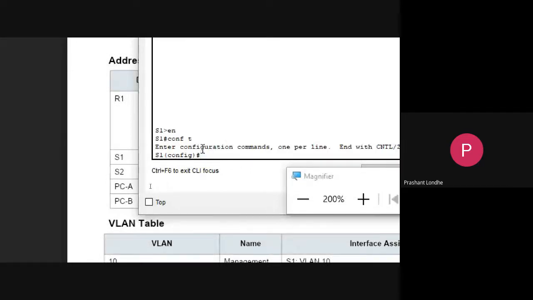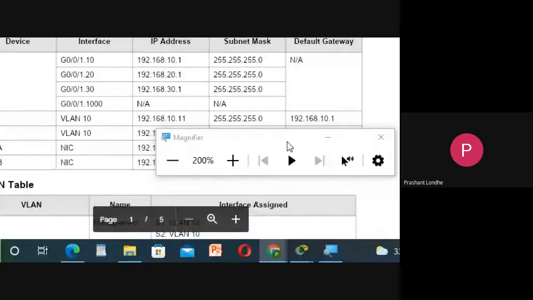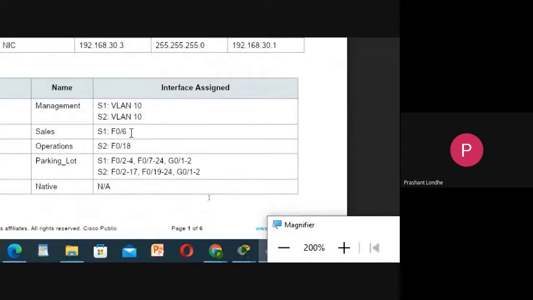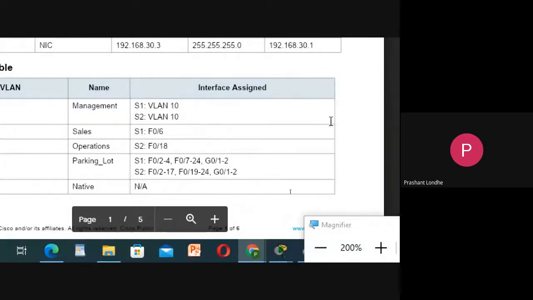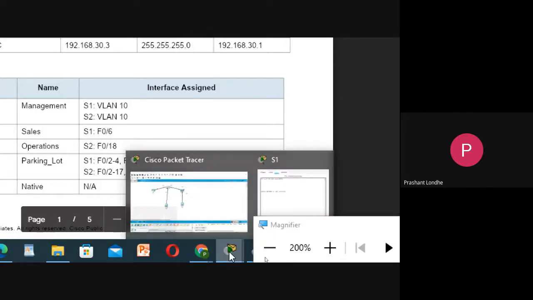Now what I am supposed to do is set the range of the ports. You can see I have configured this port. As I have connected this port F0/6, it will be connected automatically. I have configured this port also. Now I need to configure these ports to the parking lot. So simply I will assign all the remaining ports to the parking lot. Now just check what kind of ports are remaining over there.